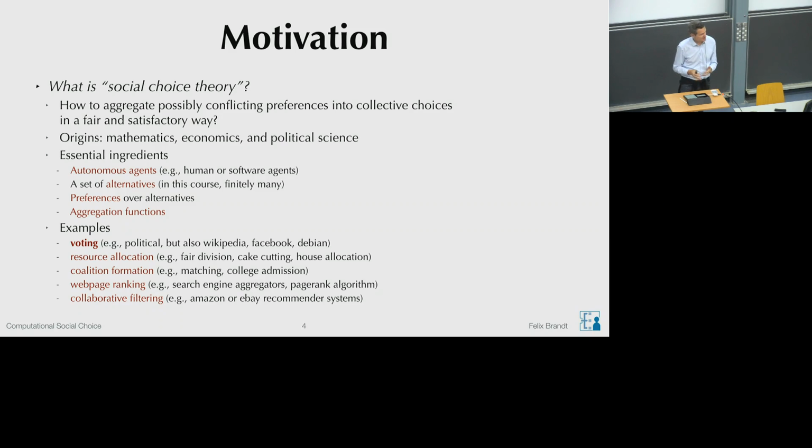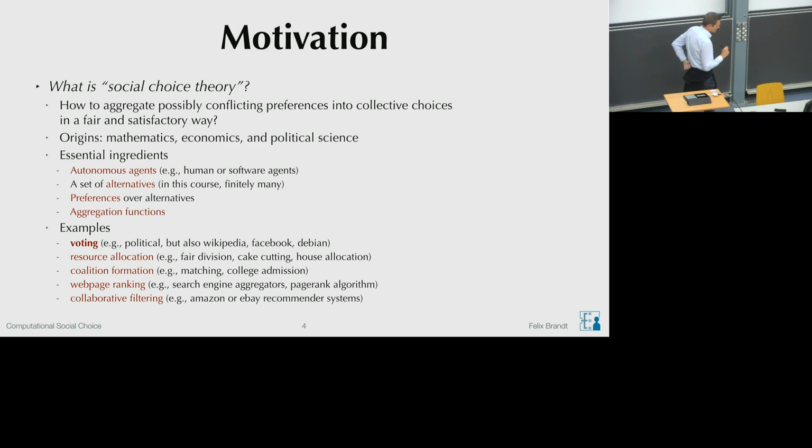So this is a bit of an unusual application, because here the voters would be the search engines, and in particular there would be few voters or few agents and many alternatives, because basically that's the set of all websites. Whereas, for instance, in the voting applications, it's exactly the other way around. So there are usually many voters and only few alternatives or few candidates that stand for election. But in any case, in this course,